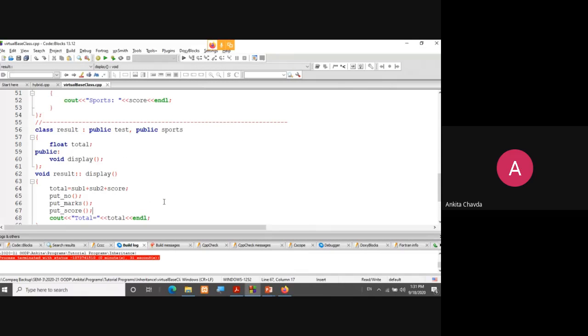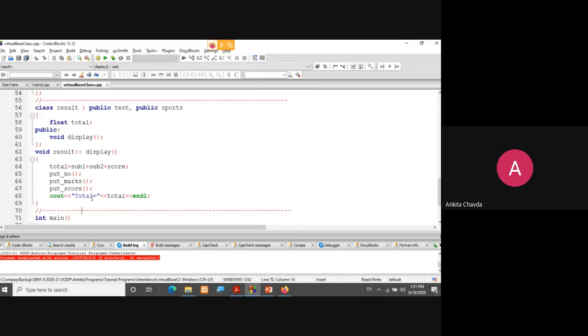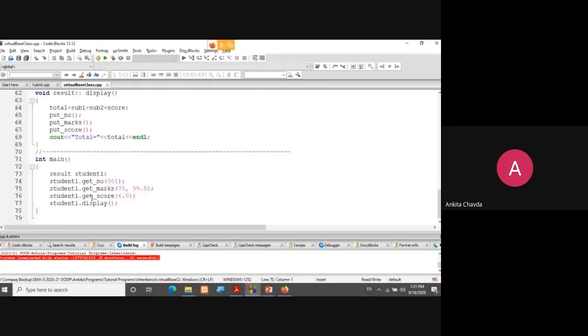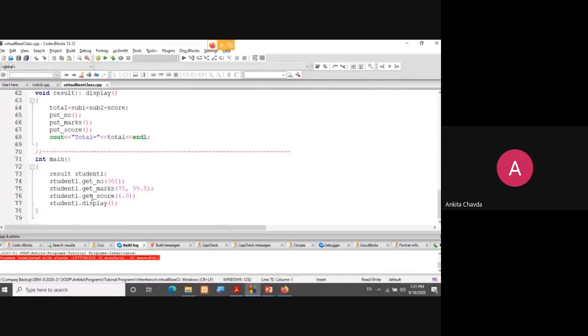Here again, the display method and all, nothing has been changed. The rest of the program is as it is. Our goal is that in your class result, you won't get two copies of class student, one via test and one via sports.